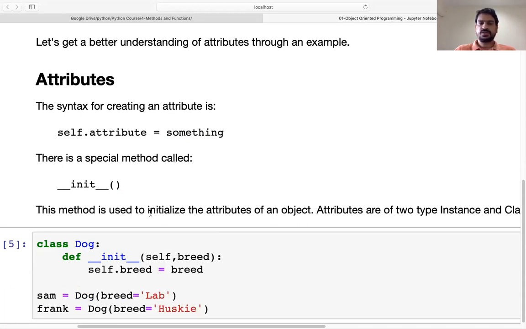This method is used to initialize the attributes of an object. Any object has different attributes, so we initialize them. Initialize means give the initial value. How can we give the initial value to any variable in the class? We have to use this method.